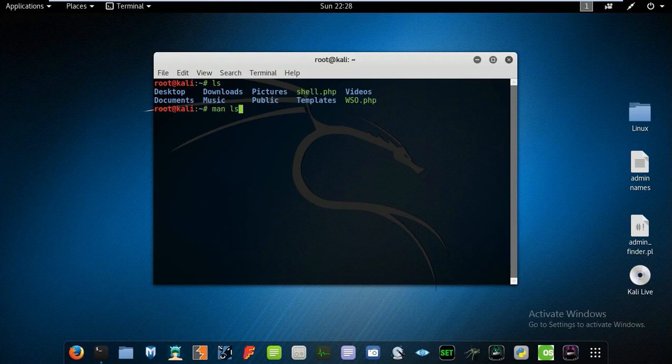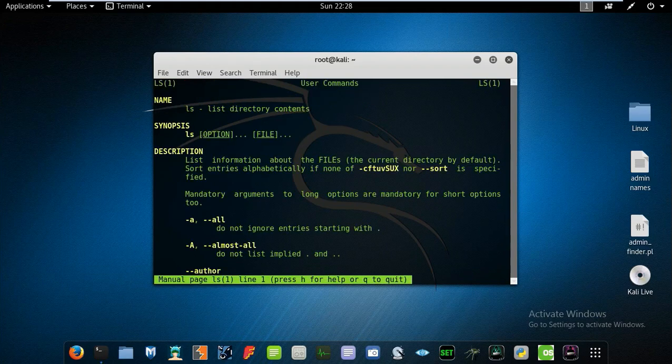Now what does man stand for? It stands for manual. So I want to check the manual for the command ls, that is list of directories. After typing man ls, just hit enter, and here you will find the name ls,